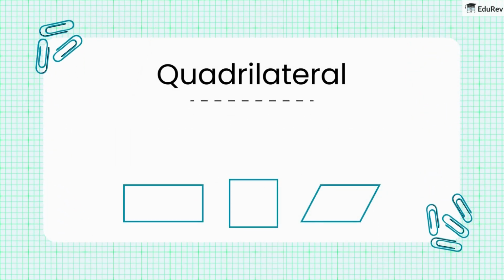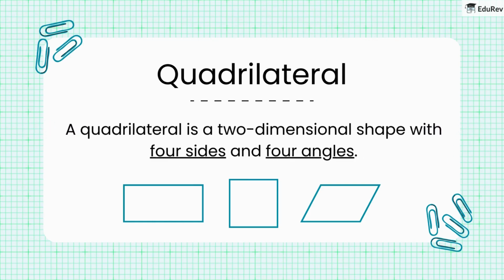First off, what exactly is a quadrilateral? Picture your favorite park or a page from your book. A quadrilateral is like the outline of that park or the frame of your book. It is a two-dimensional shape with four sides and four angles. Just like every park has its unique design, quadrilaterals can be very different too.